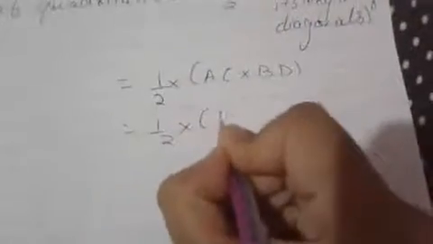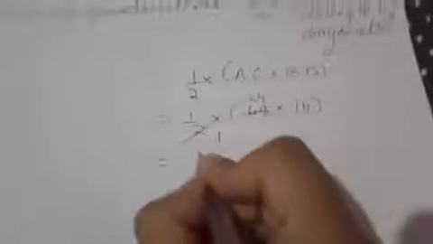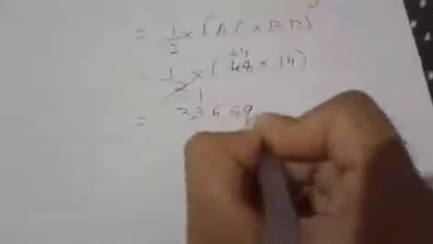So we will write AC into BD, that will be half into, what is the AC given to us? 48 into BD is, we just now found BD here. So it is 14. Okay, so 2 1s are 2, 24s are. So 24 into 14, tell me what is the answer quickly? Yes, it is 336 square centimeter. So finally we have found the area of quadrilateral that they have asked us to find.